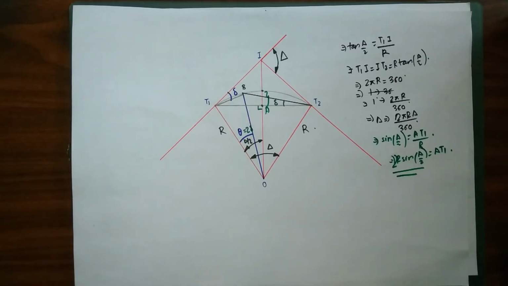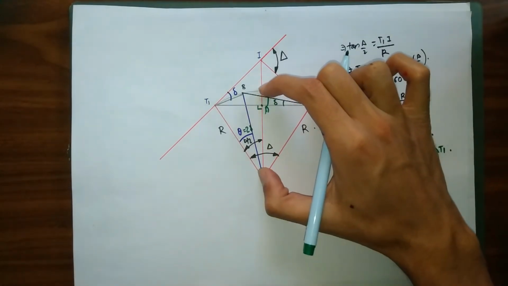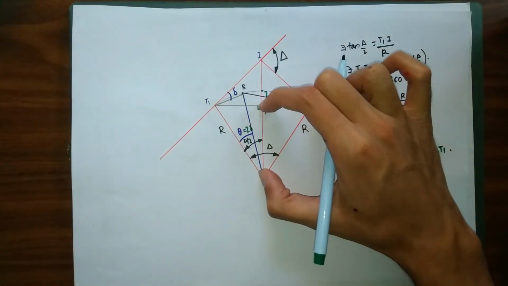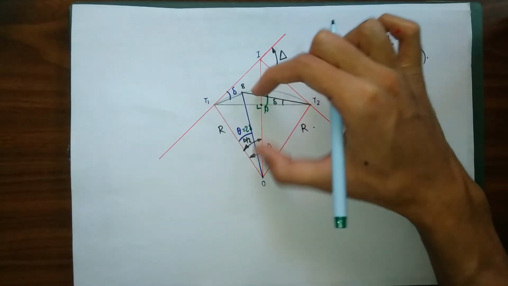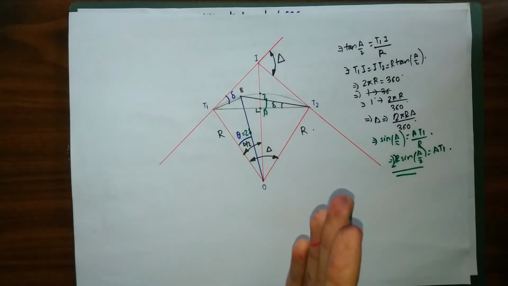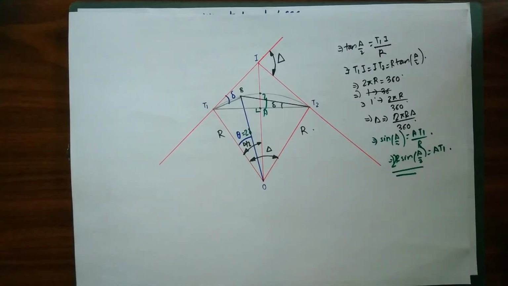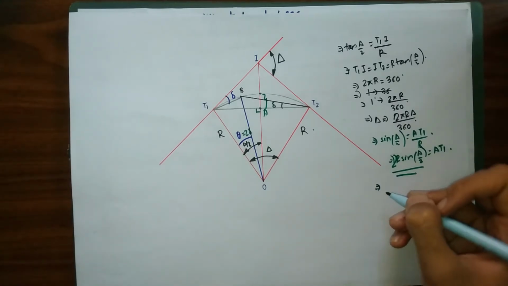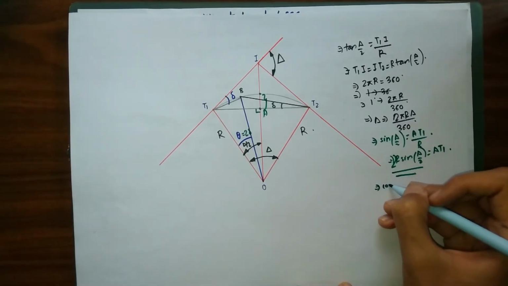mid ordinate. In order to find our mid ordinate, what we simply need to do is subtract some distances. We have this overall distance as r, and if we subtract this small distance from our overall r, we are going to get our length of mid ordinate. And so if we simply use again our cosine component,